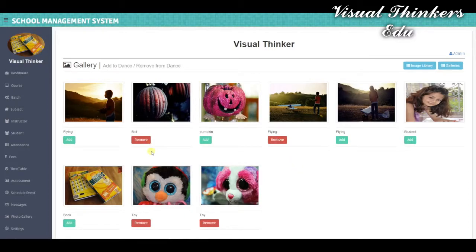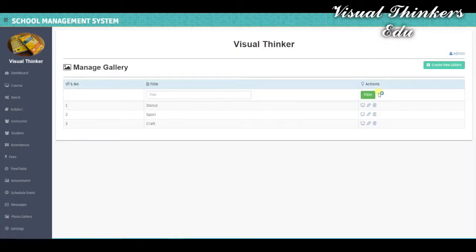Once you click on Add, it automatically adds them. Now back to the gallery. You have successfully created a gallery, name, description and added images to it.